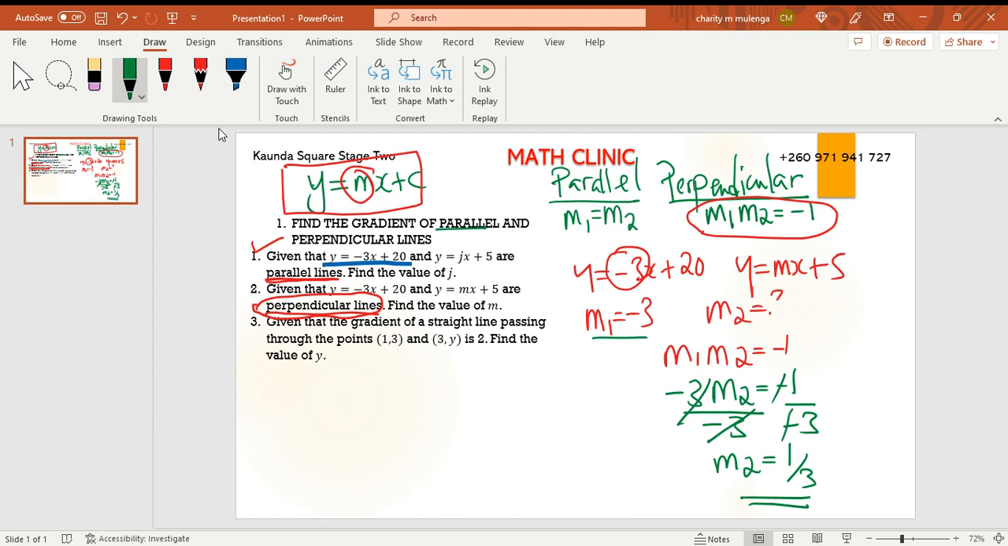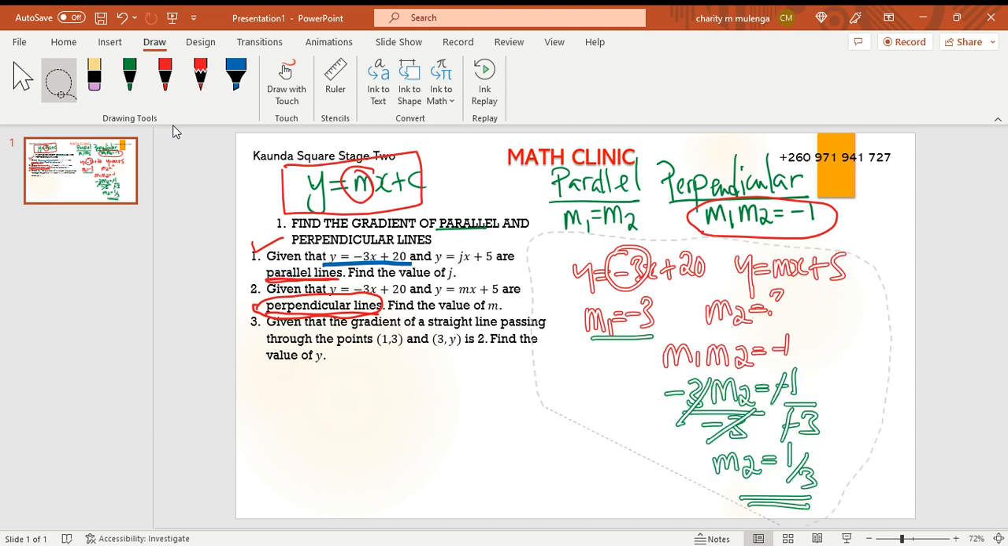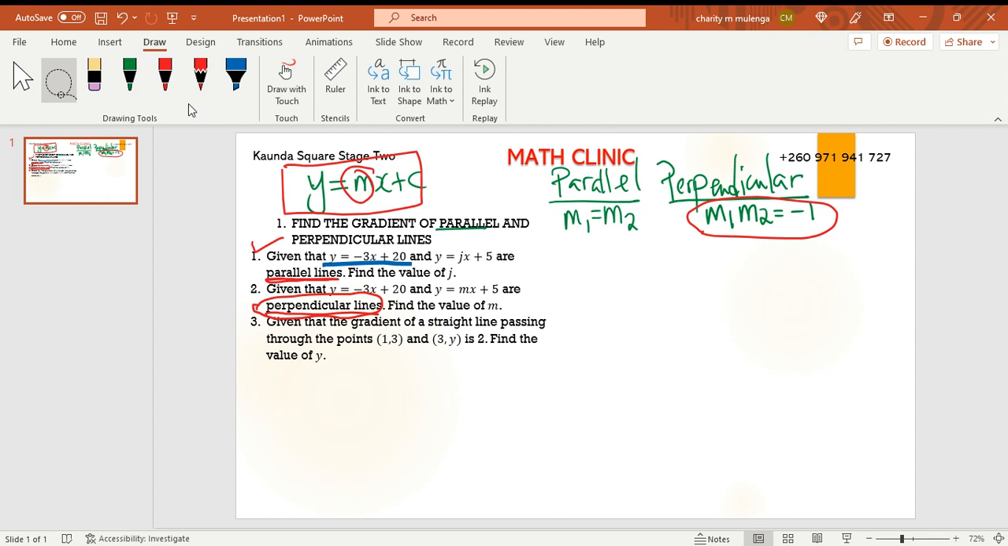So we are able to see that the gradients of perpendicular lines are inverses or opposites, or reciprocals, if you like, if you will. But I don't like to be too technical. All right. So we have learned how to find the gradient of perpendicular lines and parallel lines. Now, last but not least, as I earlier mentioned,